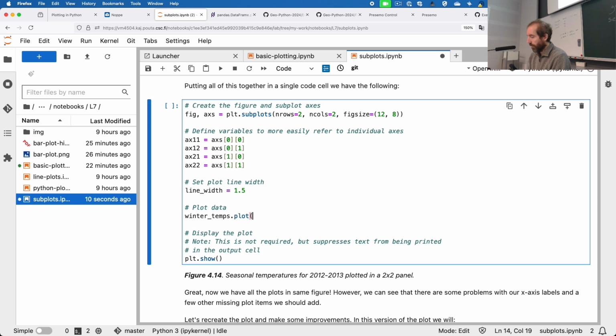dot plot. And we can give some things here, like which axes do we want to use? We can say ax equals AX11. So this is now telling the plot command which one of these 4 tiled plot things should we actually display our plot on. And we say, well, let's put it in the top left, AX11. Then we can say the color